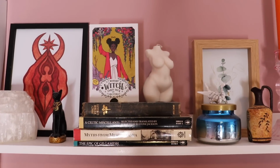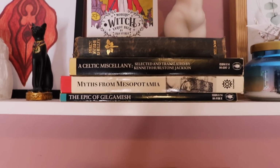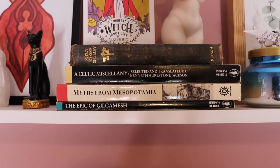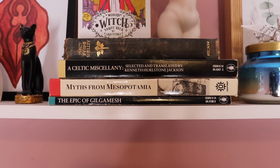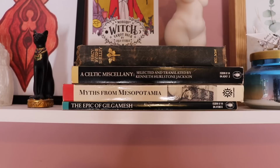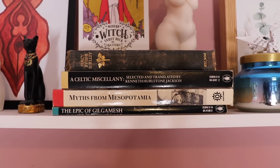So on this top shelf we clearly have more knickknacks than books, but there are 4 books here which are just quite special and I like to keep here somewhere, you know, close by. They were all from my dad's bookcases. 3 of them are of course collections of myths. We have the Epic of Gilgamesh, some myths from Mesopotamia, and a Celtic miscellany which collects together a bunch of different Celtic myths,